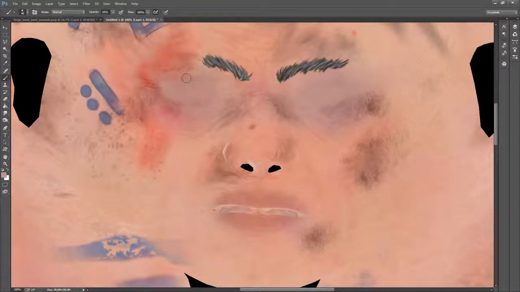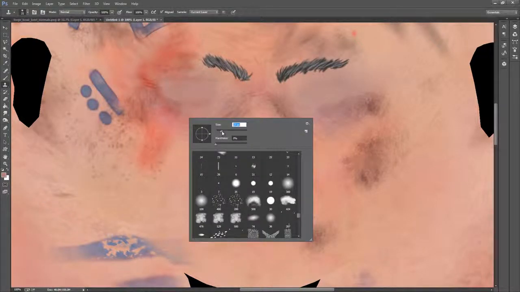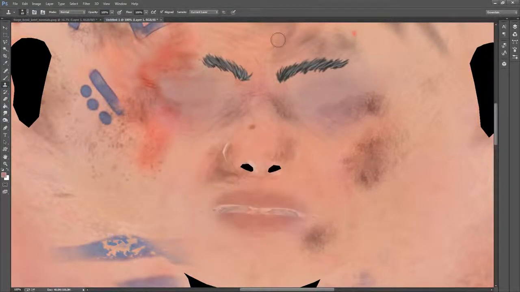So that's the problem areas taken care of. Then we have lost a little bit of our texture there. So I'm just going to grab the clone brush, clone stamp over here. Just going to increase the size of it a bit, and I'm going to Alt and click on an area where I've actually got some skin texture, essentially, just sort of little bits of noise and such, and I'm just going to drop that in